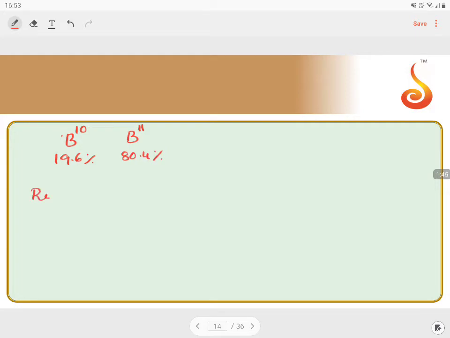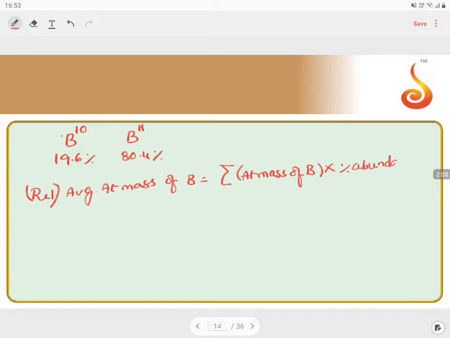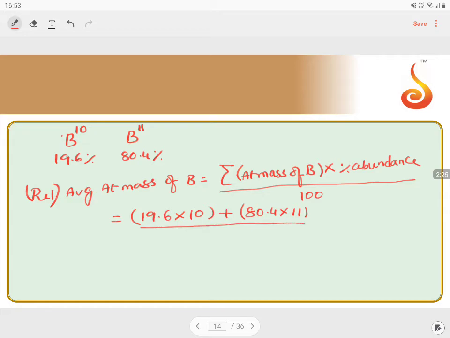So now the relative, or we can use the word average atomic mass. Average atomic mass of boron is equal to sigma atomic mass of boron into percentage abundance divided by the total, divided by 100. So let us go to this particular calculation. We have 19.6 as the abundance for mass 10 plus 80.4 as the abundance for mass 11, divided by 100,